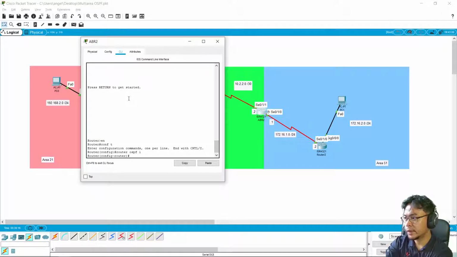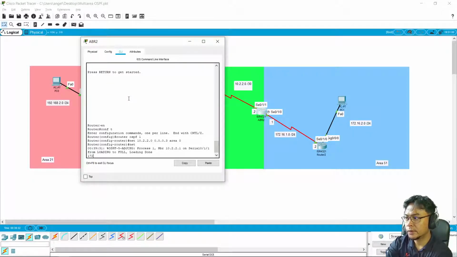So first from the backbone network. So network 10.2.2.0, 0.0.0.3, then area 0. Then network 172.16.1.0 0.0.0.255